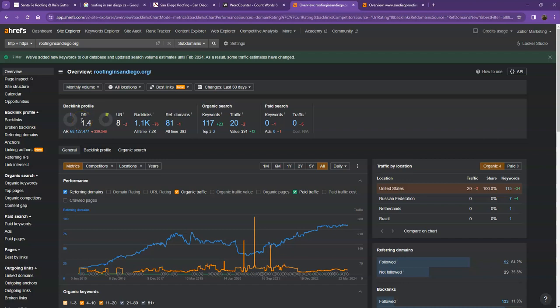So this is the level of trust that Google has in your website, and UR is the strength of your website. Backlinks, on the other hand, are other websites that refer to your website, so they're like shoutouts from different directories like Yellow Pages, Yelp, and the like. One important thing that I need to discuss about backlinks and referring domains is that this should actually be a